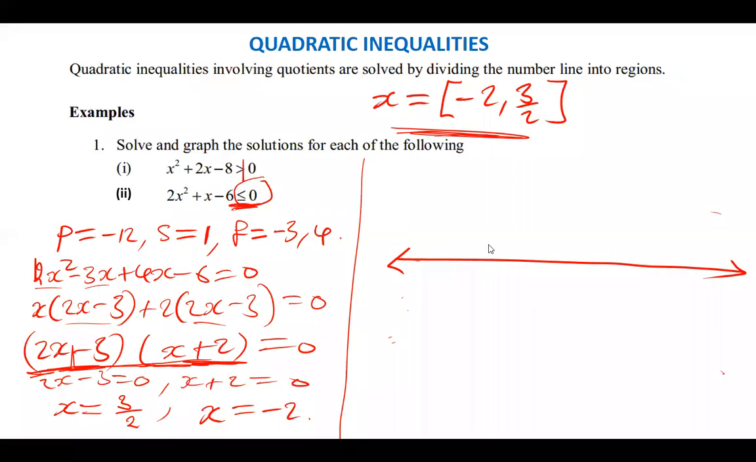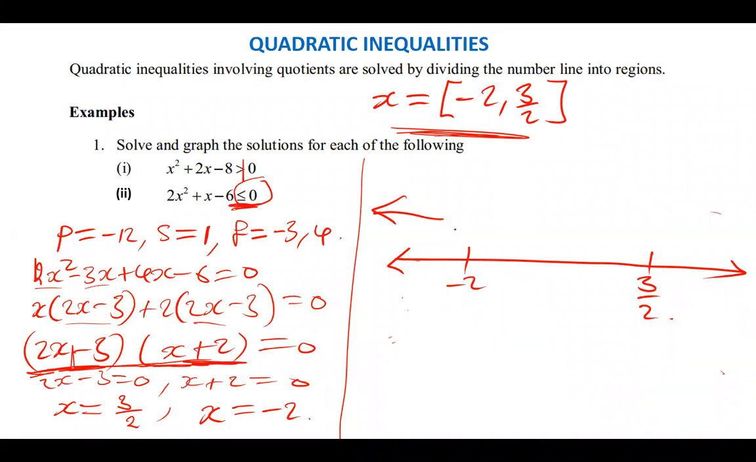Yeah, so I was saying, when testing these two critical points, you first have to draw the number line. Then after drawing the number line, you put your critical points there. You have -2, you have 3/2 there. So then after doing that, you say this region, this side, is less than